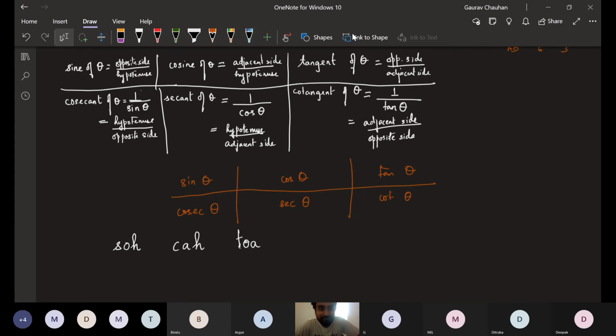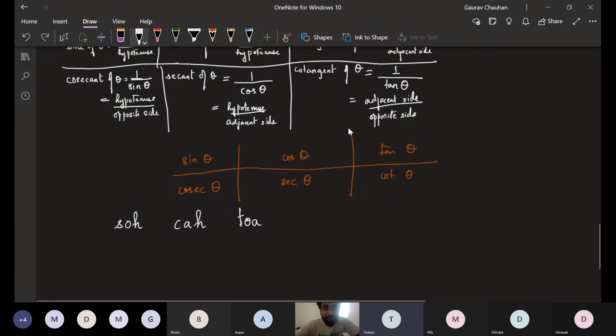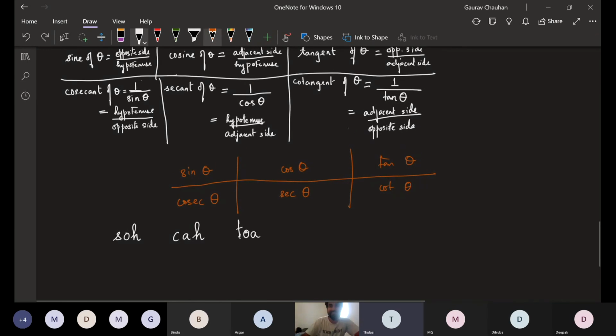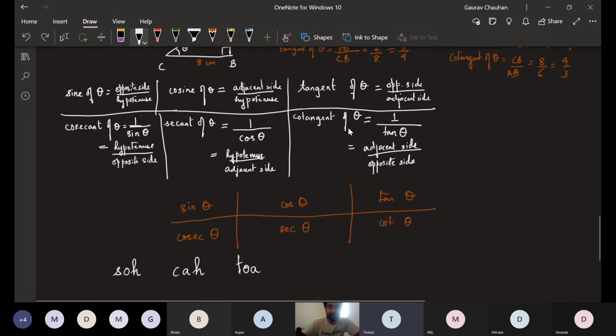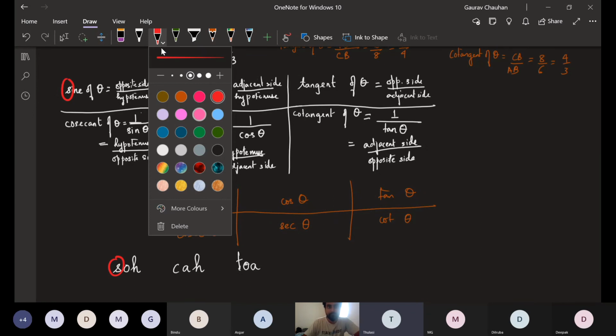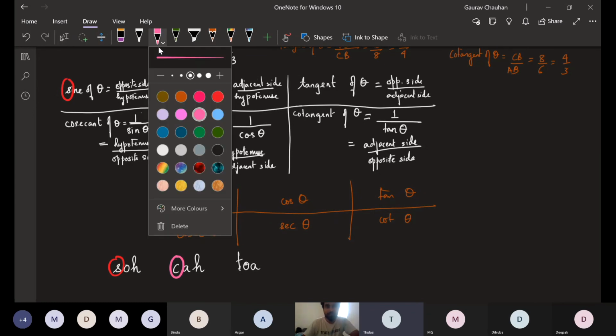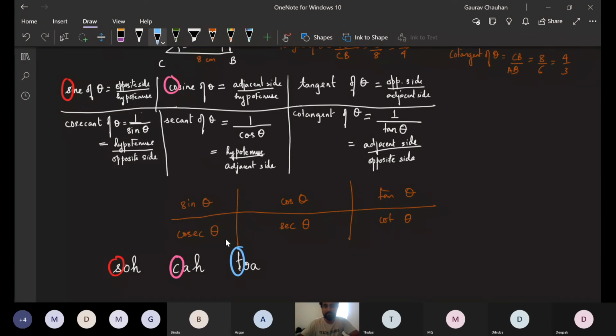Tulsi. Sir, from the first three letters, we can see the top three letters, sir. In SOHCAHTOA, in the table, the first word we got is sin, sir. Then C is cos, sir, and for tan we have T, sir. Only this much I could figure out, sir. Okay, this is one step of figuring out. Good, Tulsi. Let's see if someone figured out the next step.